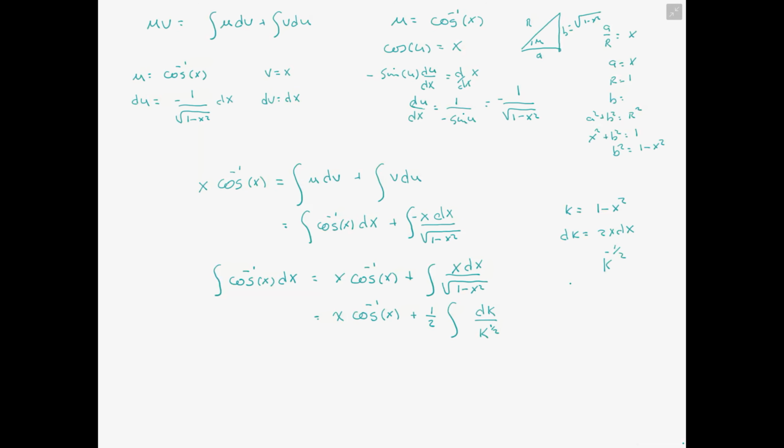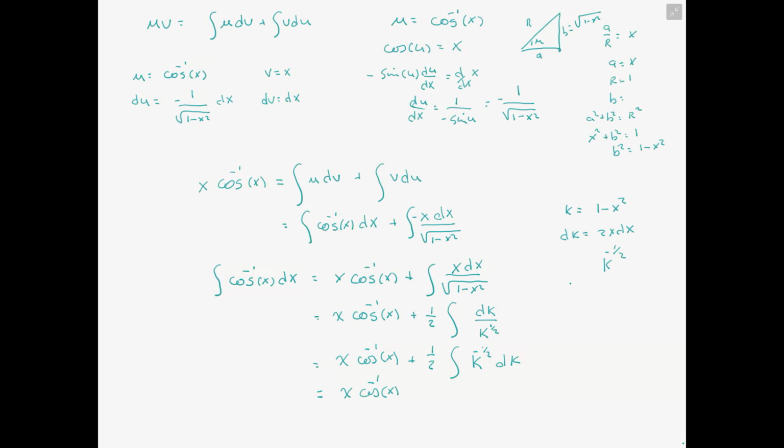And that's basically k to the minus 1/2. So we have x arc cos plus 1/2 the integral of k to the minus 1/2 dk, and that's equal to